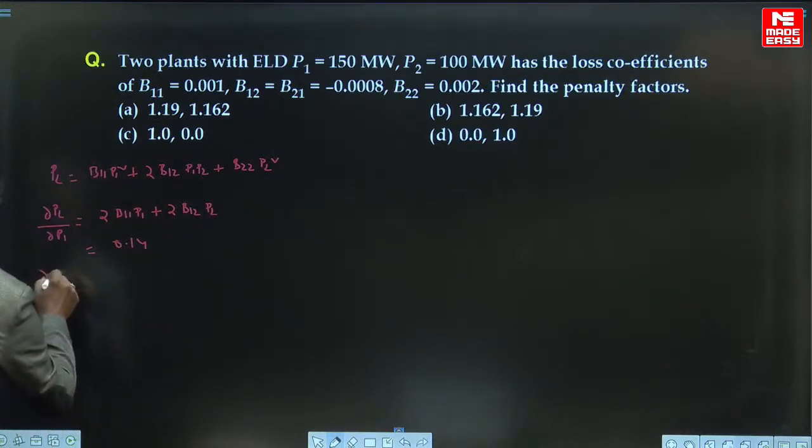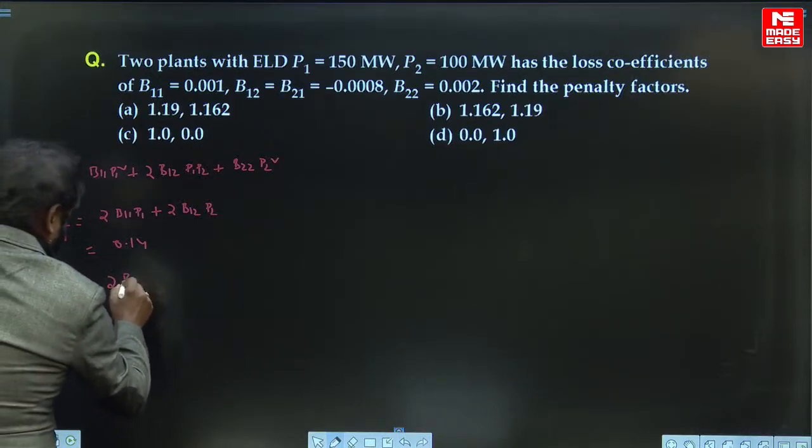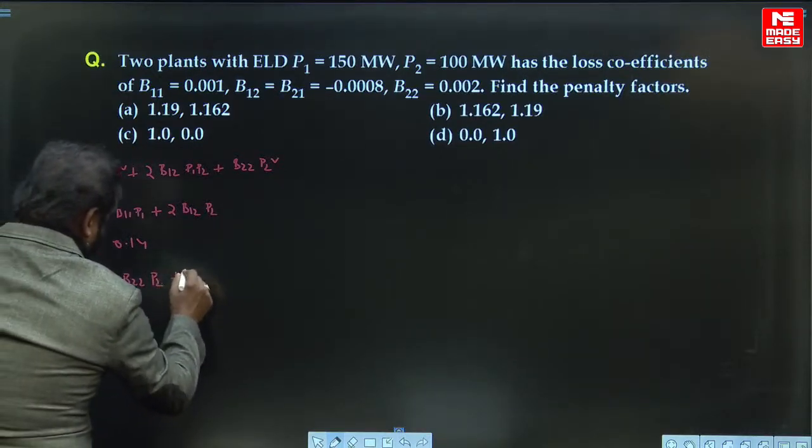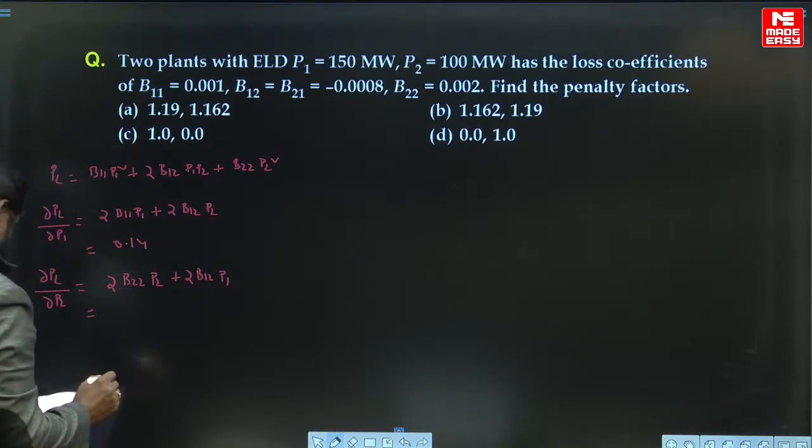Next, dou PL by dou P2 equals 2 B22 P2 plus 2 B12 P1, that is coming as